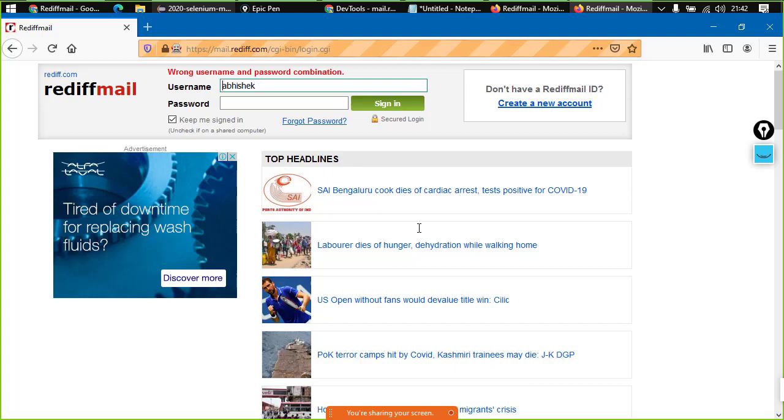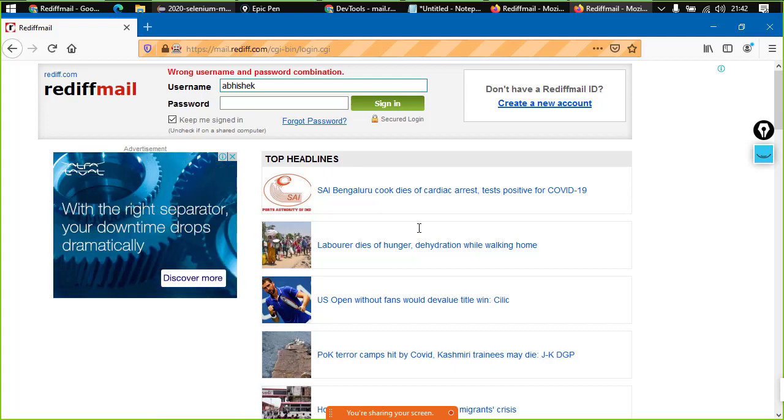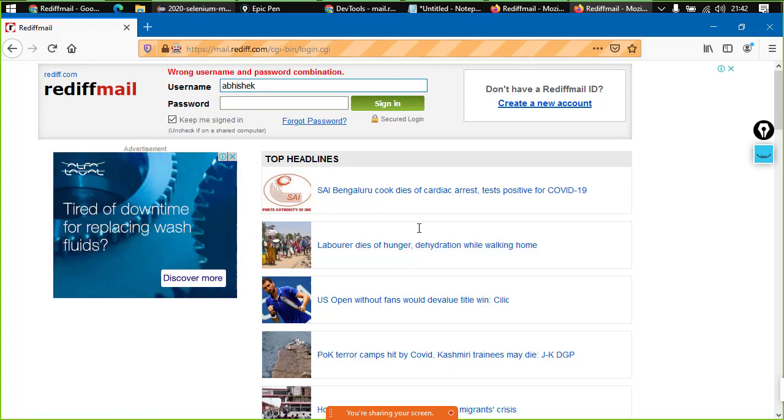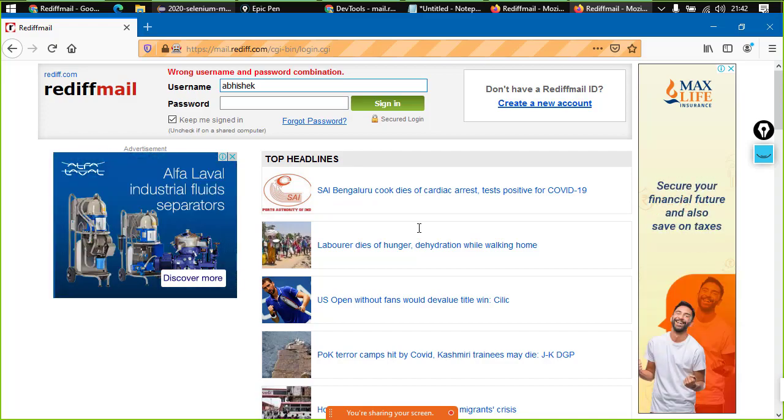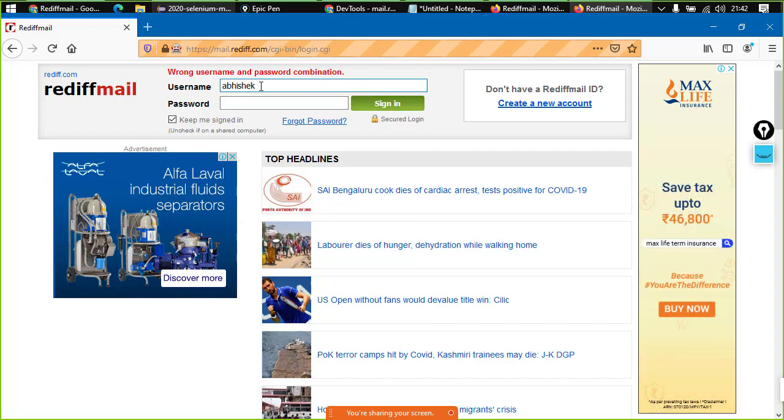Okay, so as you guys can see, it has tried to click, and we have got a prompt that says wrong username and password combination. So right, the things that we wanted to do are done. We wanted to provide a username, we wanted to provide a password, and we wanted to click on sign in. Everything is working absolutely fine.